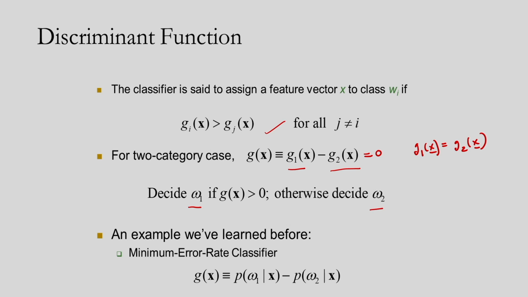And for the minimum error rate classifier, that already I have explained, G(x) can be represented like this. G(x) is nothing but G1(x) minus G2(x). What is G1(x)? That is nothing but P(W1 given x), the posterior probability. And similarly for G2(x), the posterior probability is P(W2 given x). So for each and every class, I have to determine G(x), and I have to find the maximum discriminant function, and based on this I can take a classification decision.